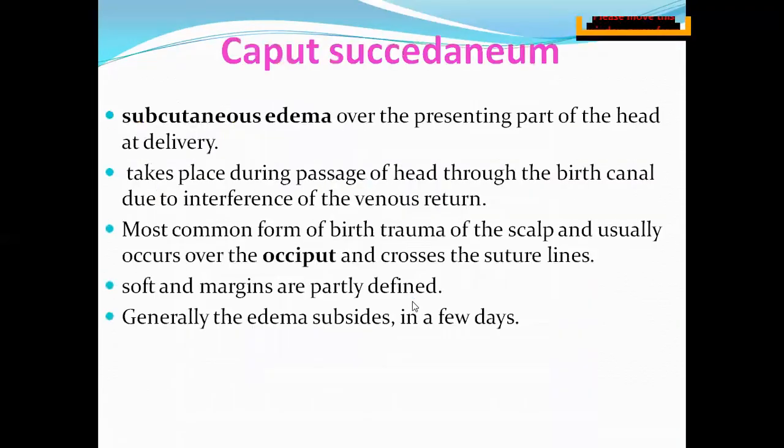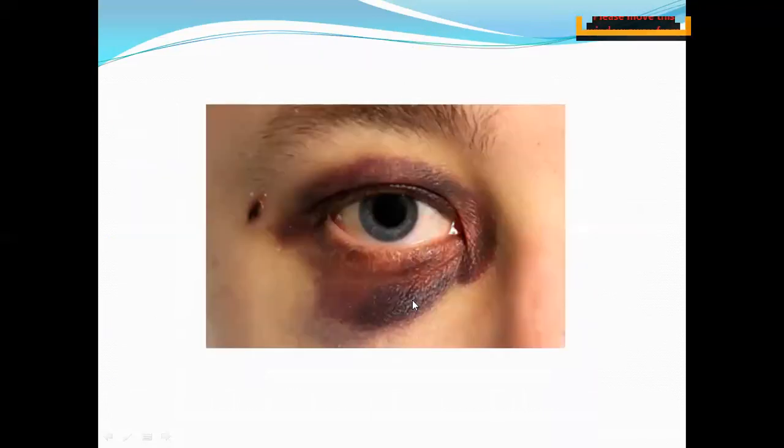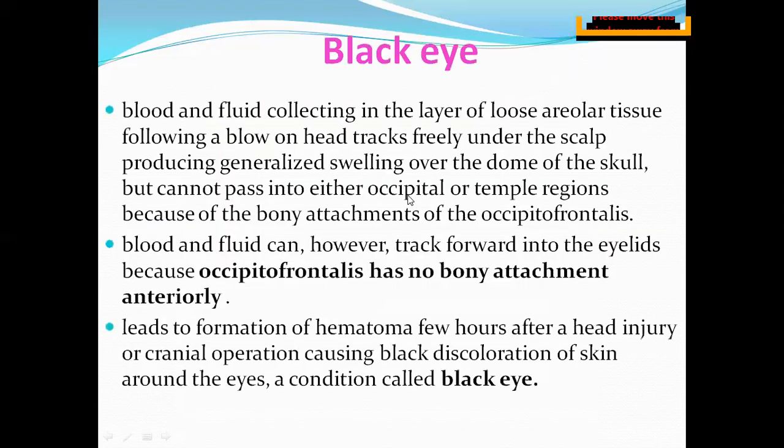Okay, along with this, let us discuss certain things which come under clinical aspects. I told you the fourth layer has no bony attachments, isn't it? It is all loose connective tissue. Hence, if there is any head injury and bleeding, the blood moves to the eye. In the lids, you will see a collection of blood. You call this condition a black eye.